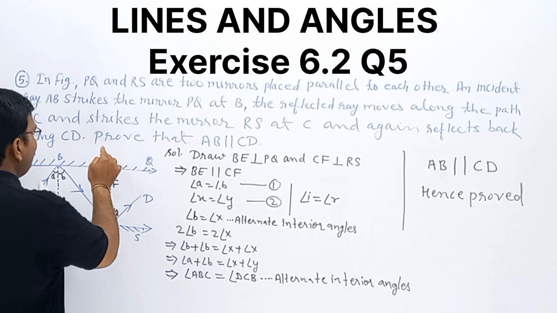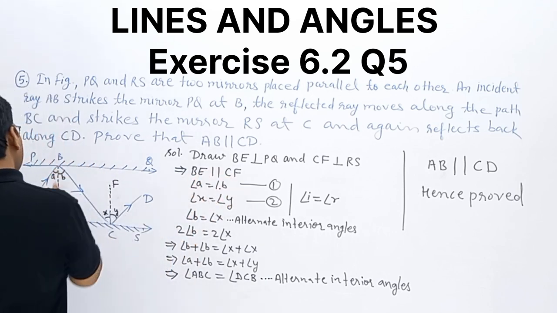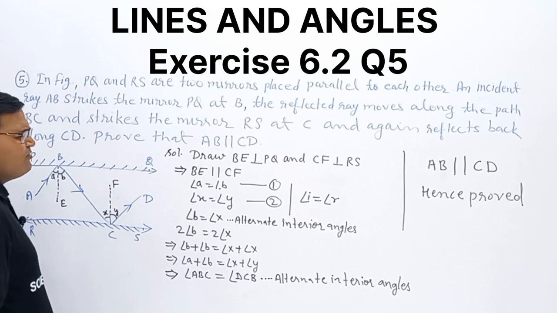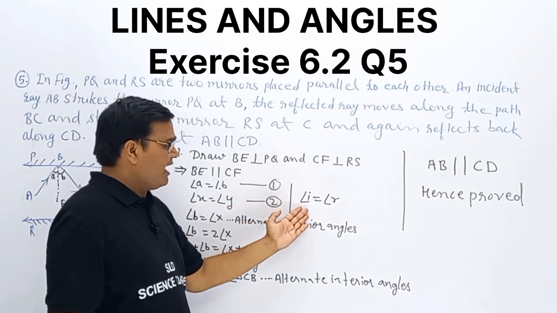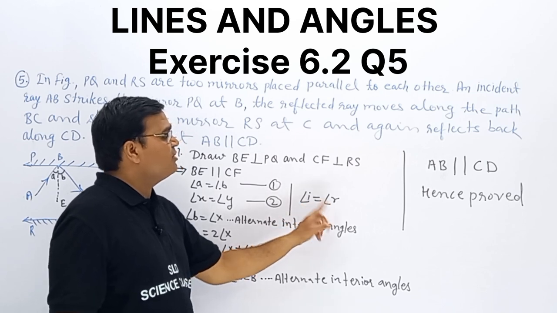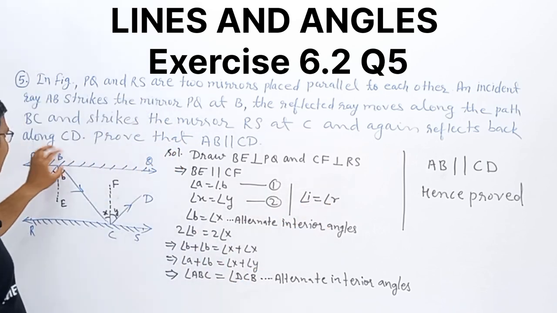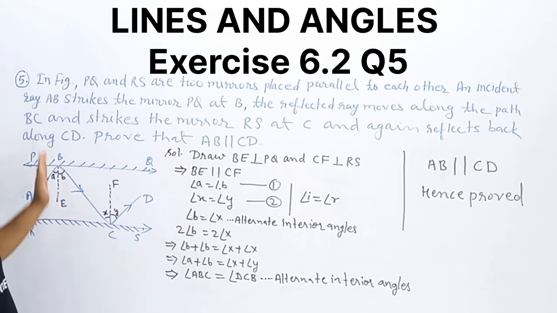Obviously BE will be parallel to CF. It is not necessary to go into this law in light again: the law of reflection is that the incident angle equals the reflected angle. So we have the mirror, incident ray and reflected ray, and we should draw